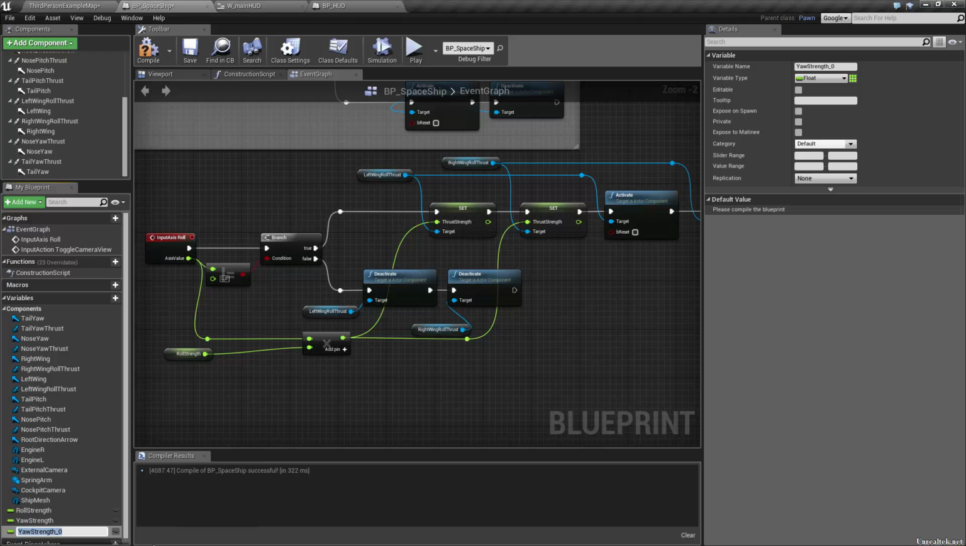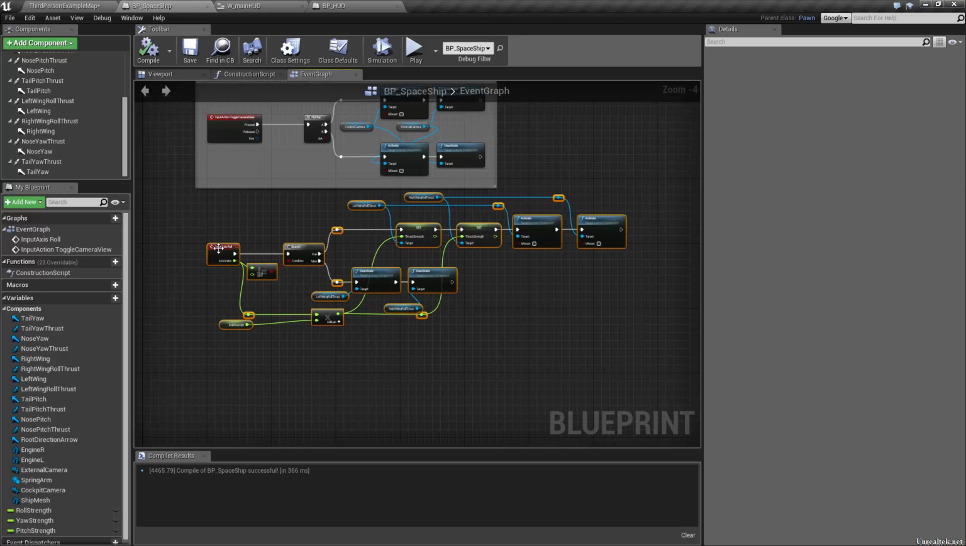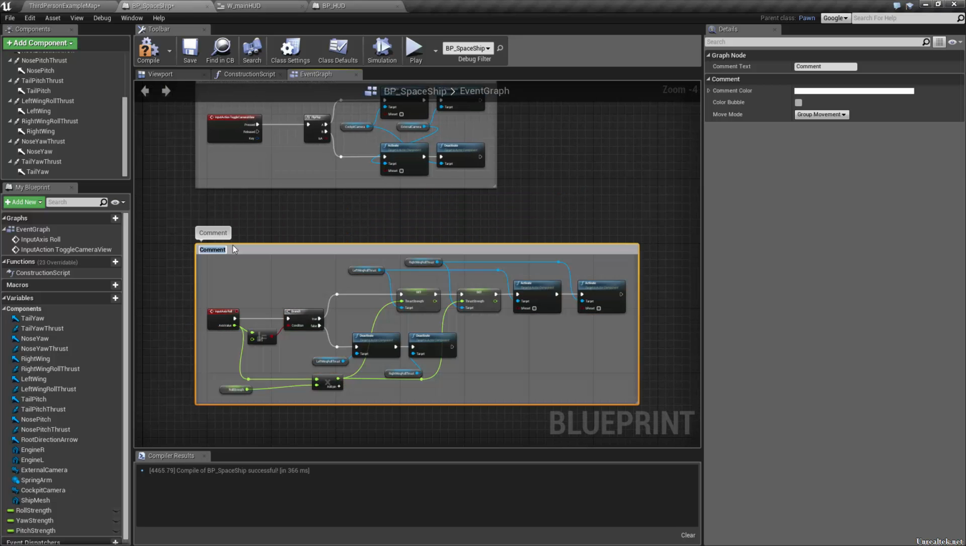Duplicate pitch strength. Now, the yaw is fine, but the pitch, we probably want a little bit, it'll be fine. Let's set them all the same. So let's just copy this to make our work easier, and let's bring it down a little bit to make it clean. Let's comment this, handles